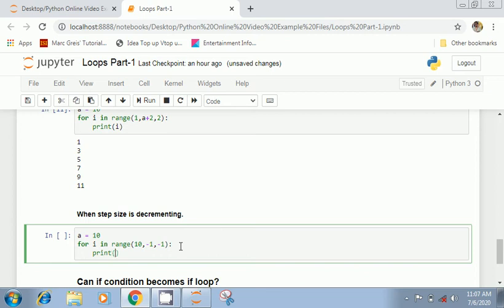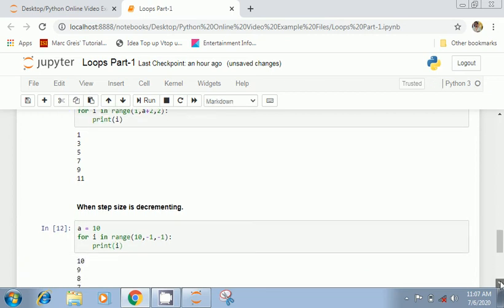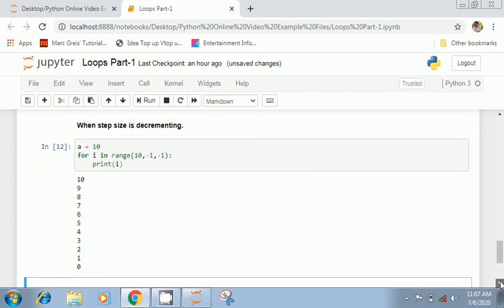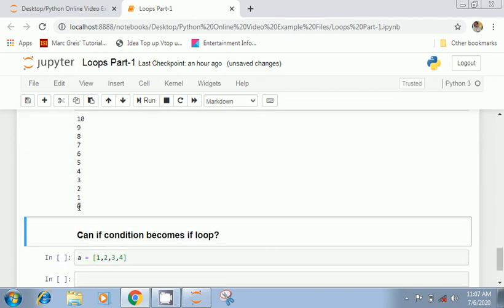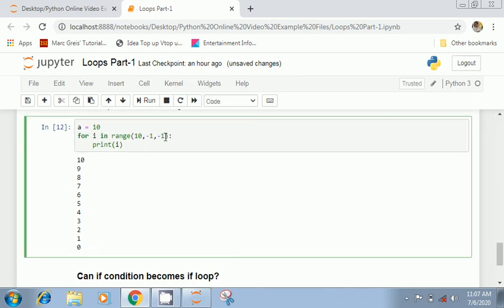Let me print this I. Let's see this. Okay. So this is 10, 9, 8, 7, 6 till 0. Okay, minus 1 is not included. And if you want to include minus 1 also, then write this minus 2. Let's see.